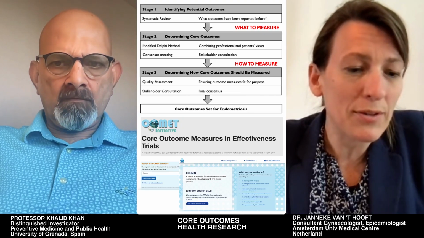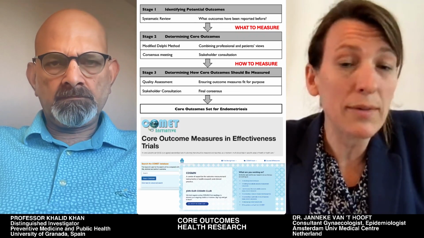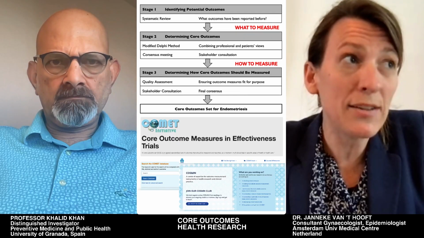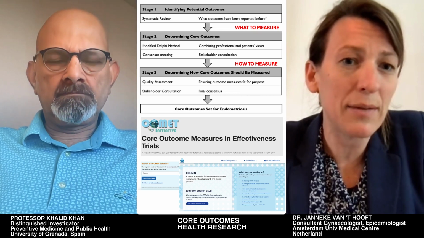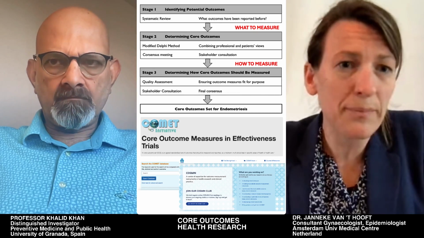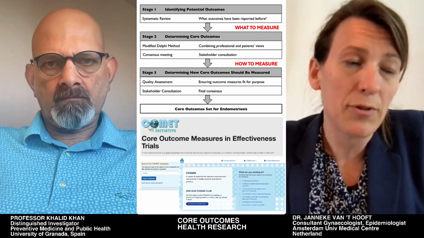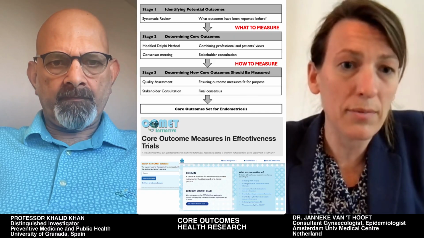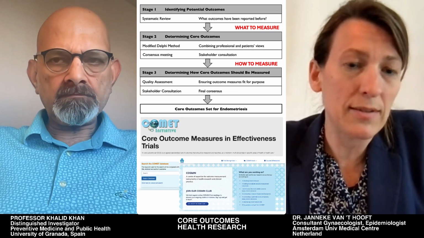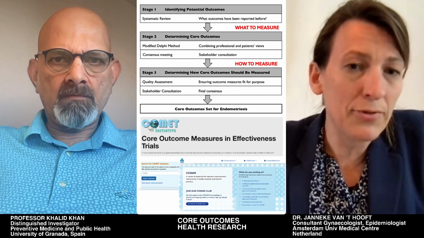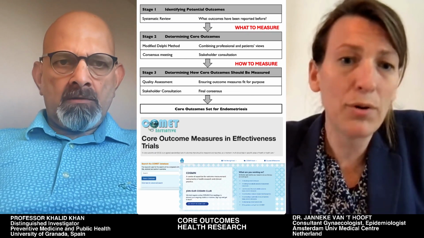An important example was in rheumatology, arthritis. They found a lot of research talking about pain, but in the end, the patients were saying it's not only pain that is important, but it's especially sleep quality and the way they sleep. So that is important in the what to measure. And then the next stage is the how to measure. So once you have defined, for example, pain or sleep is an important outcome domain, then you need to define which instruments are there that can measure this outcome properly. And when you have done that process, you can, in the end, get consensus of both of them and have an outcome set.